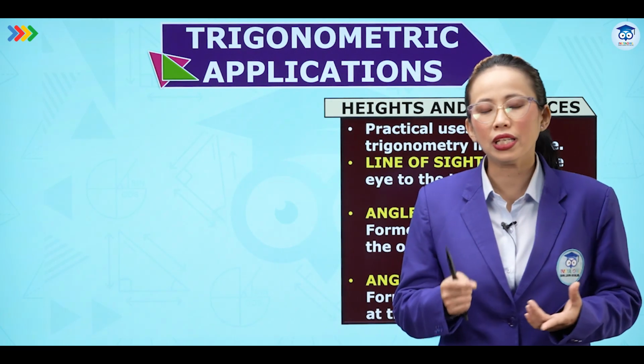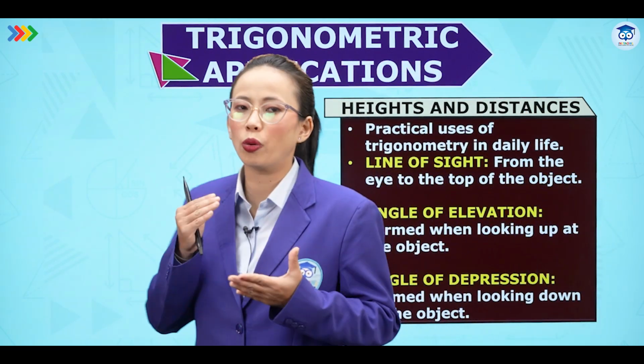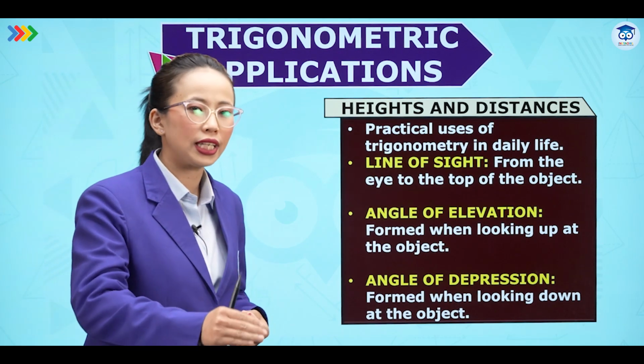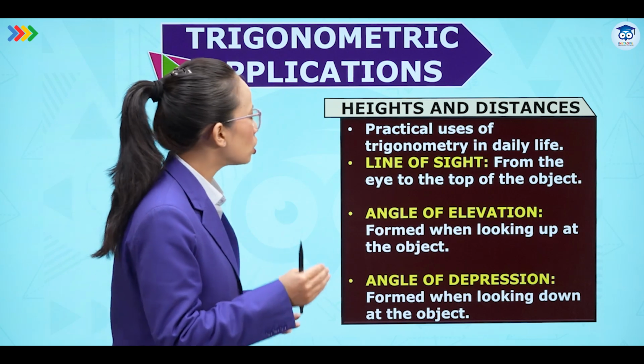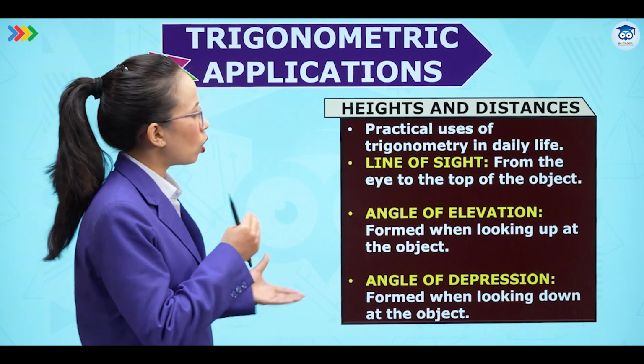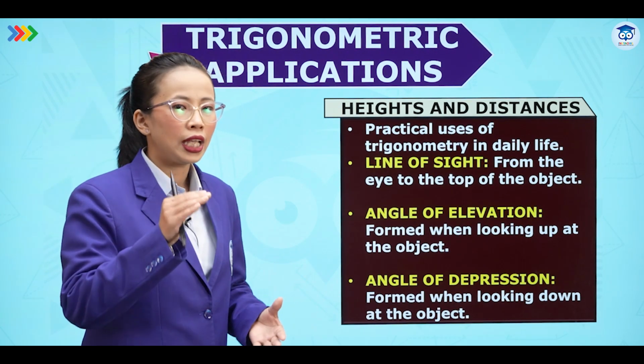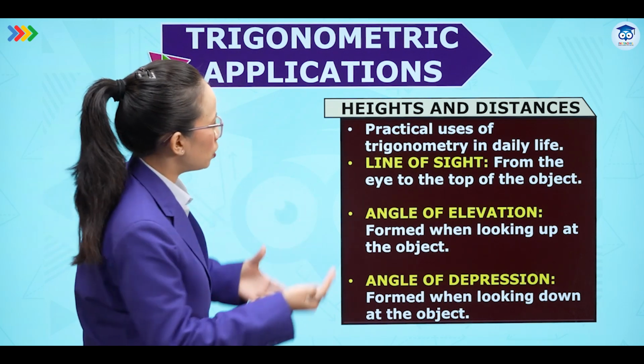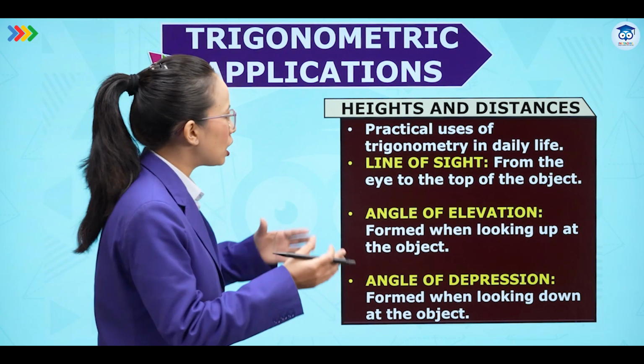Line of sight means, suppose we are looking at some object. The length from the eyes to the object is nothing but the line of sight. So from the eyes to the top of the object where we are seeing, it can be downward. If we are looking at the top of the object, then it becomes the top of the line of sight. This is the example, practical uses.